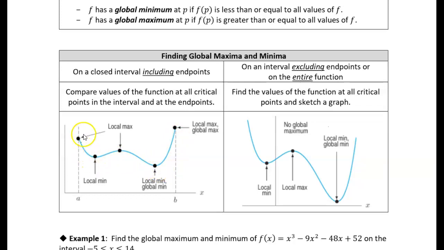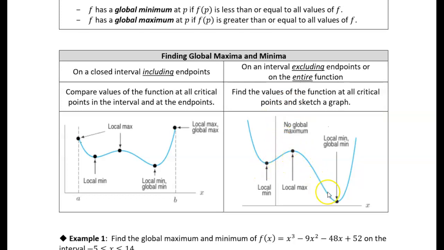For example, in this figure on the left, one of the local minima is actually the global minimum. But the local maximum, there's one local maximum here, and sort of over here too, but the endpoint is actually where the global maximum occurs. So that's one situation where we have a bounded interval for the function, and if we don't have a bounded interval, then